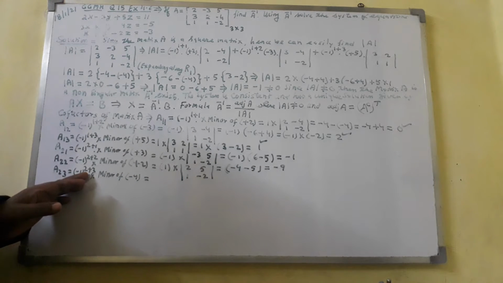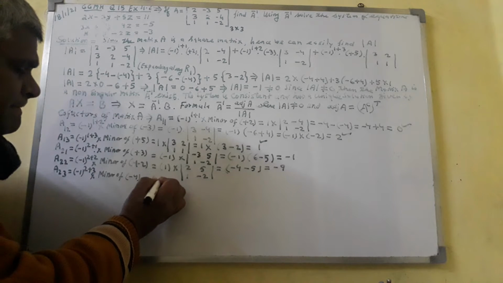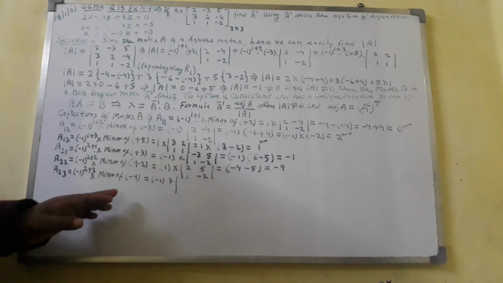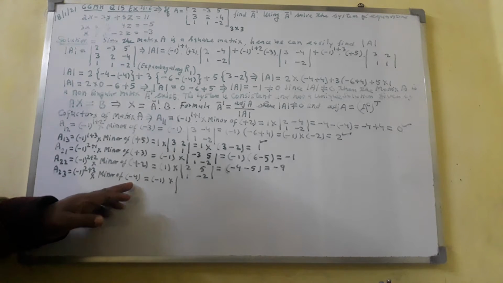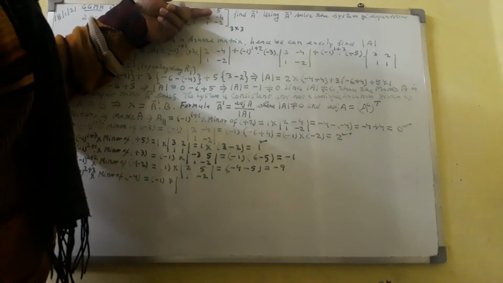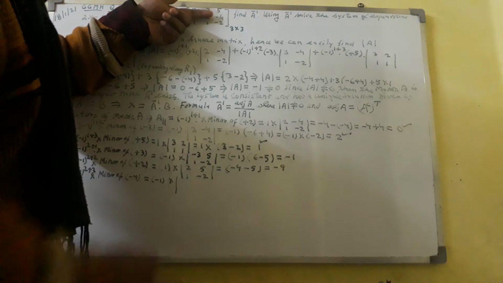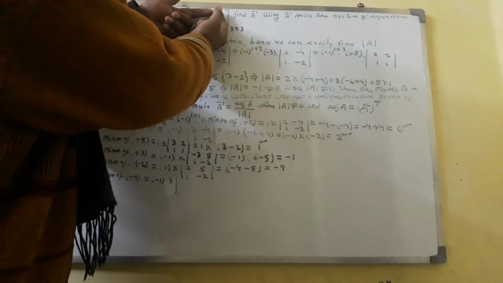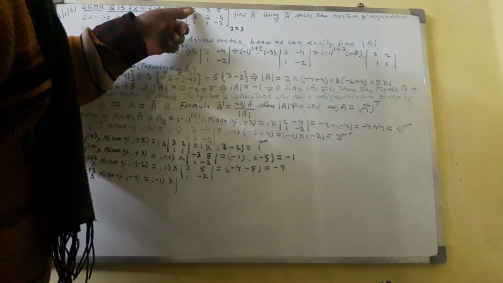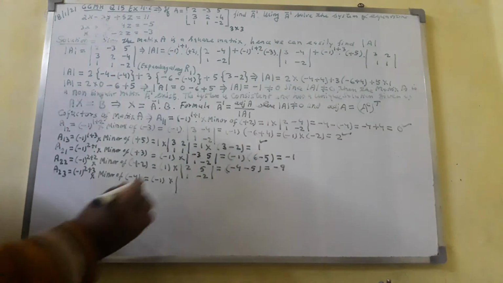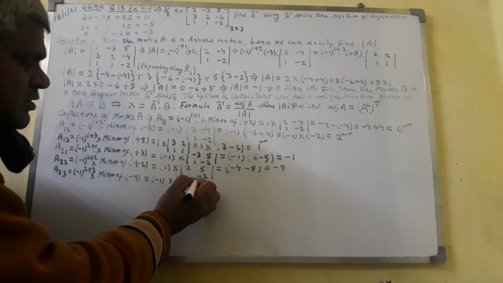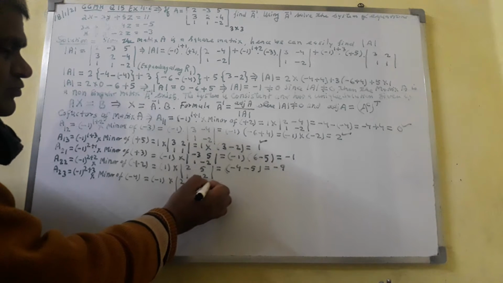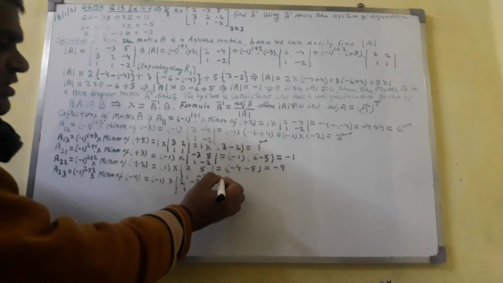-1 raised to power 5 comes out to here -1 into minor of -4. The -4 is there in second row and third column. Second row and third column will be hidden. You will get the minor 2 -3. So here write 2, -3, 1, 1. You will get here -1,